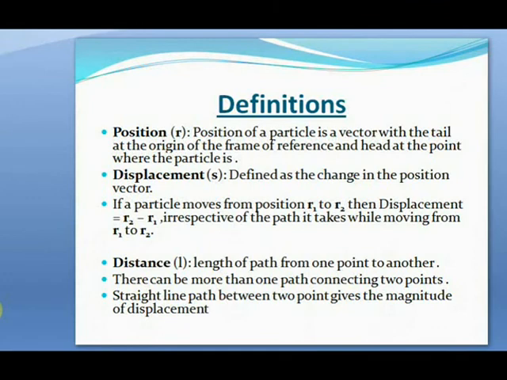Now let's define displacement and distance. Displacement is also a vector quantity which is defined as the change in the position vector. So suppose a particle is at position vector r1 initially, and after some time it moves to position vector r2. Then the displacement of the particle will be given as vector r2 minus vector r1, irrespective of the path the particle takes while moving from r1 to r2. And the distance is defined as